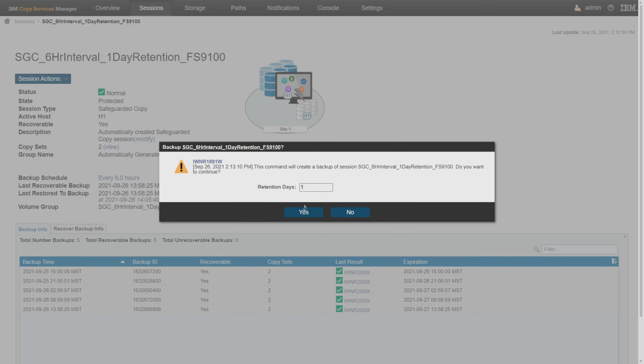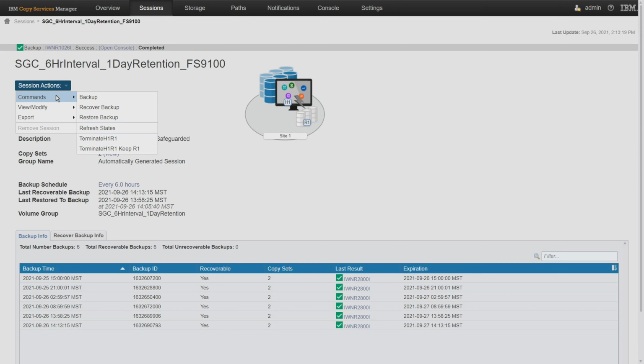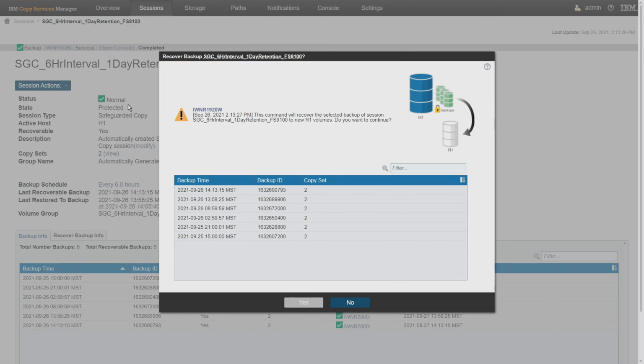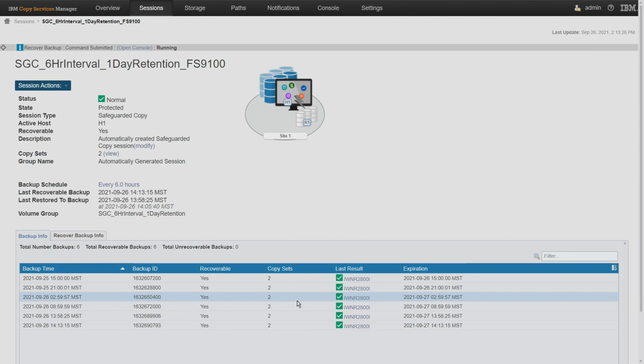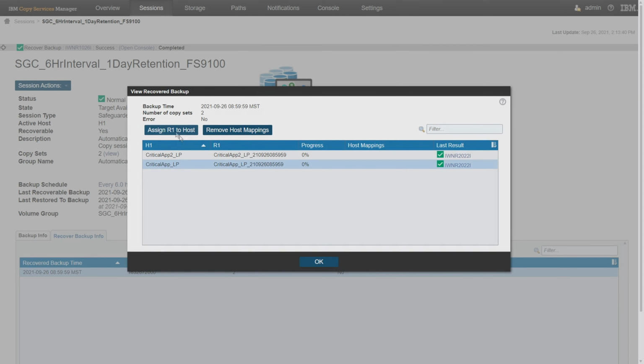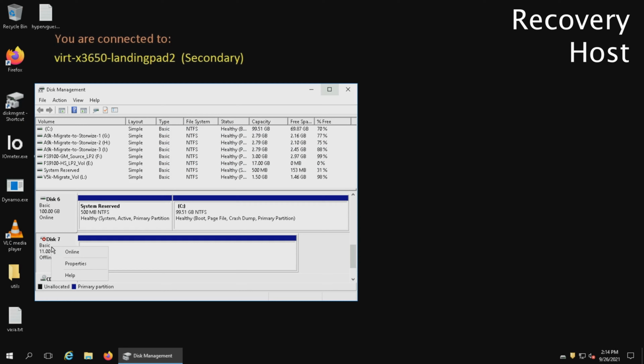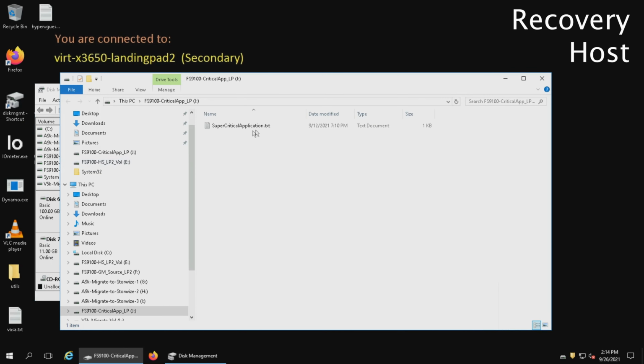Here, I'm initiating a manual backup for future forensic analysis. The second step is to identify the last known good copy of the data. It's best practice to perform these test recoveries within a sandbox environment as to not reinfect production or cause follow-on problems. We are mounting a prior point in time to my DR test host for further inspection. This particular point in time looks good.